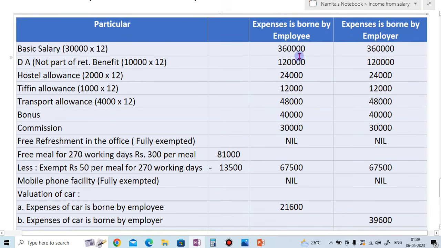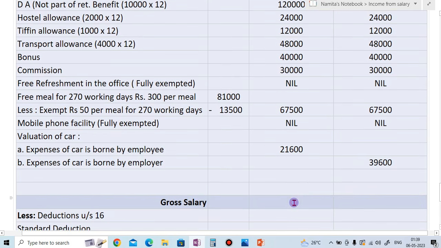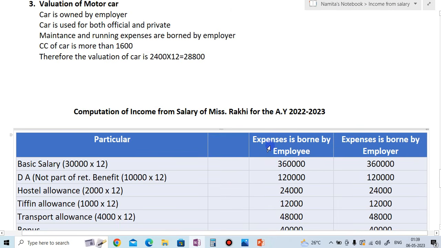So add 3,60,000, 1,20,000, 24,000, 12,000, 48,000, 40,000, 30,000, 67,500, 21,600. So the gross salary will be 7,23,100. Okay, so this